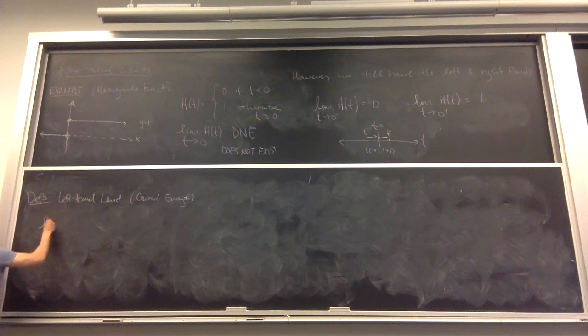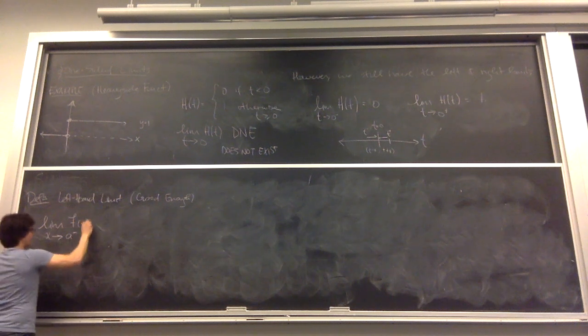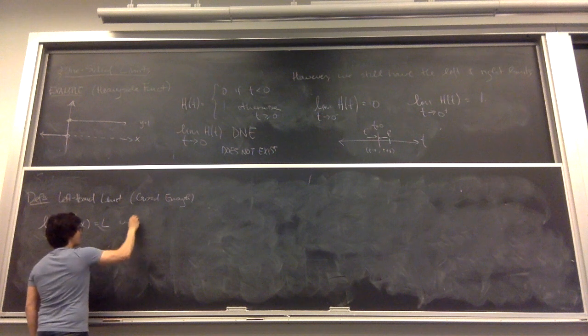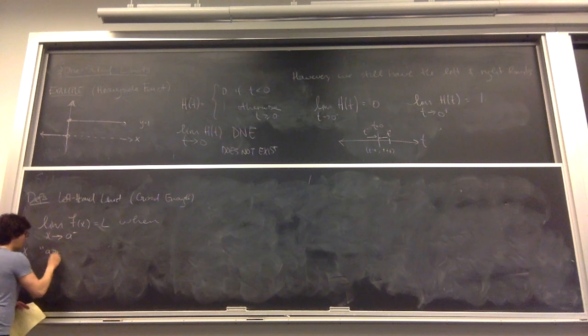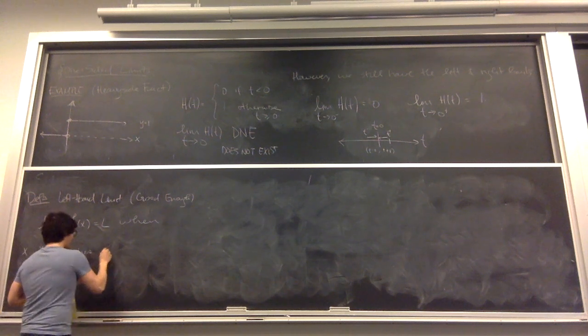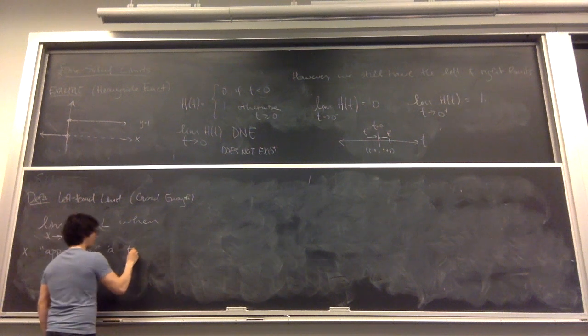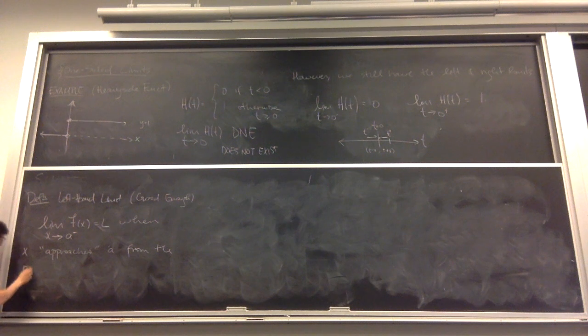So we say the limit as x approaches a from the left of f of x is equal to L when, and then some English, x approaches a from the right on the real line,